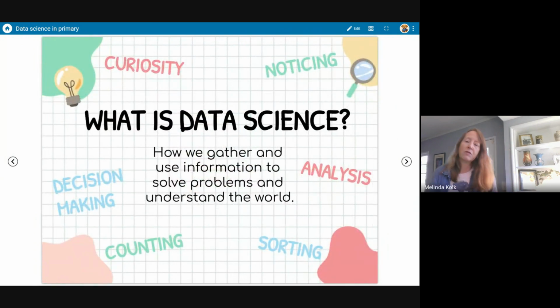And that is sort of what is the idea of data science. And to really put it simply, it's looking at the study of how we gather and use information to solve problems and understand our world. Doesn't that sound like kindergarten? Five senses. So there's a lot of things that you're going to find, and I'm just going to be sharing a lot of ideas that you may already do, but hopefully when I talk about them in a data science sort of worldview, we're looking at the questions we need to be asking our students and the skills that we need to build as we're doing some activities I think that we already do.